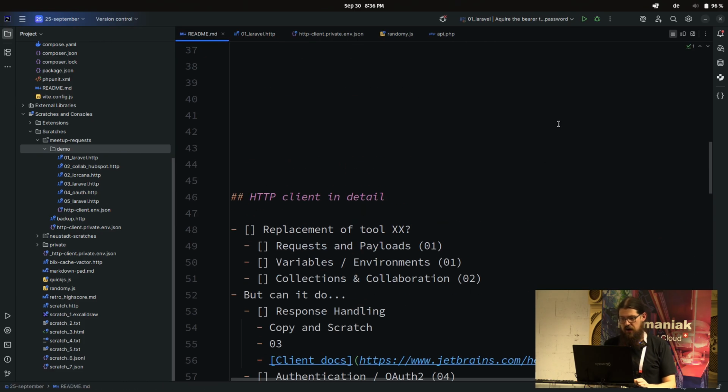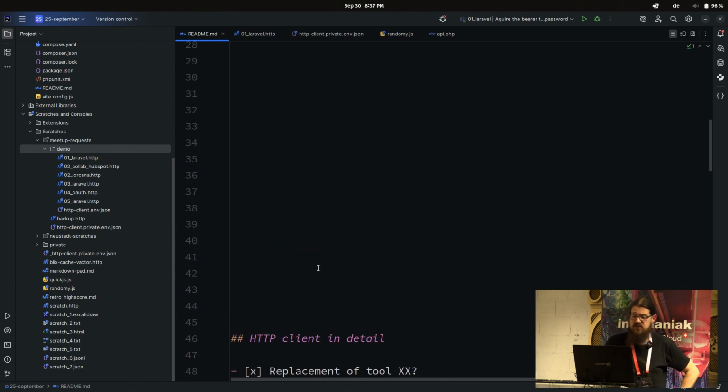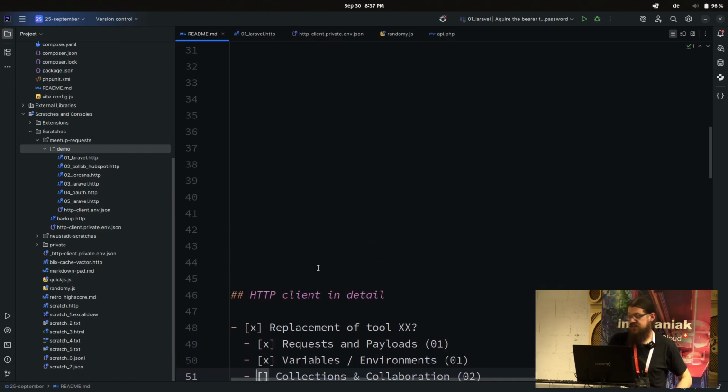Goody good. So I have variables, I have requests with payload. I'm nearly happy, but then comes in the collaboration. The collaboration is one of the points I missed the most in the free version of Postman. But as you can see here,